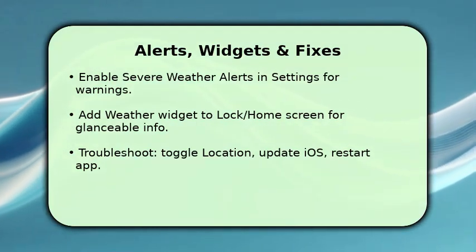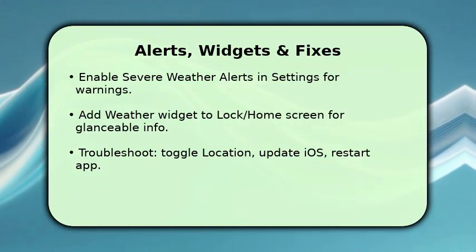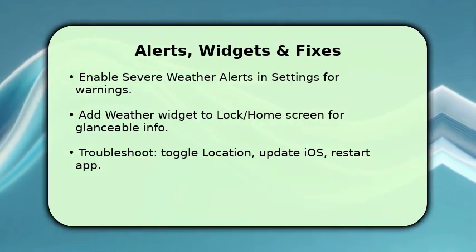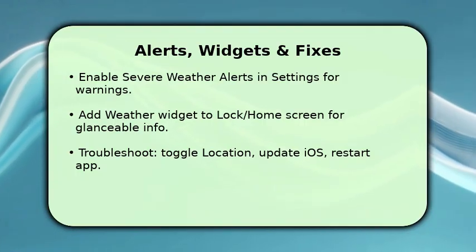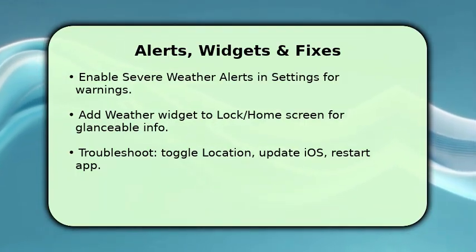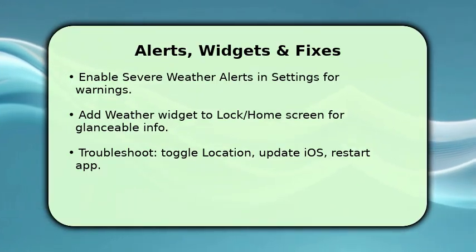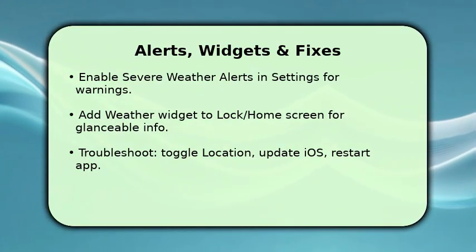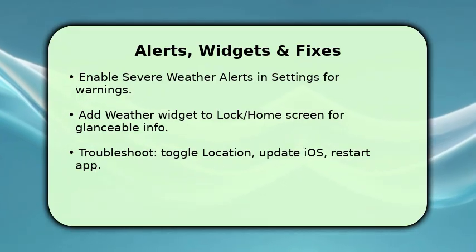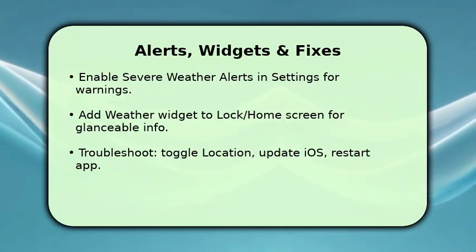This prevents surprises. Add the weather widget to your home or lock screen for a quick glance at current conditions without opening the app. If data looks wrong, make sure location is set to while using or always, update iOS to the latest version, and force close, then reopen the app. Restarting your phone can also resolve persistent issues. These steps keep